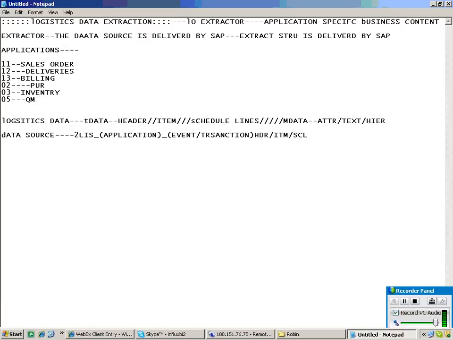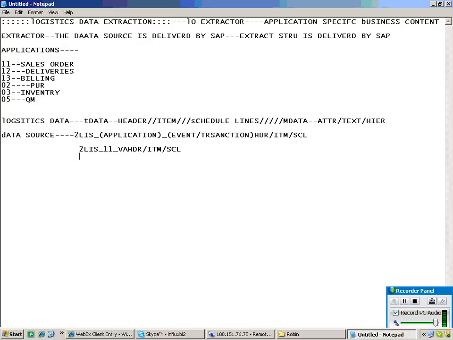Let me put it over here: 2LIS_11, let's say I am extracting sales orders data. Sales orders are created by using the standard transaction code VA, then header, then item, then schedule line. So header data, item data.